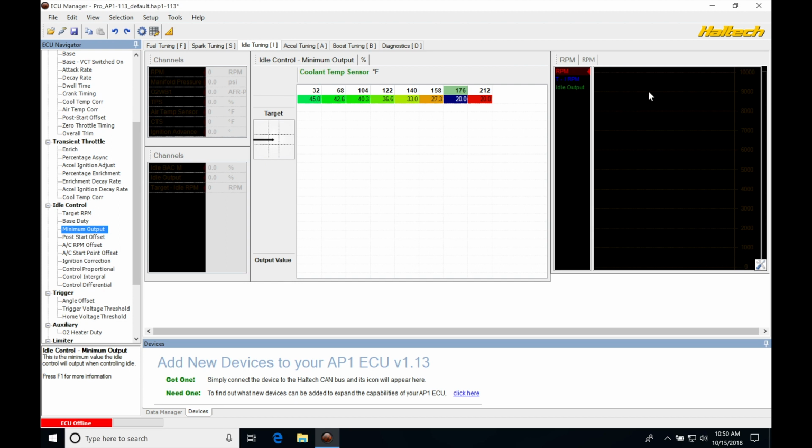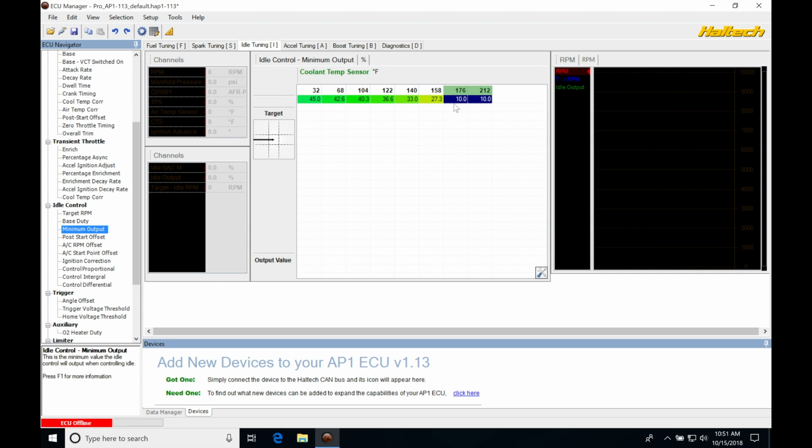Then our target might be something like 850, but we might see that our engine RPM is something like 950. And that's going to mean that we need to lower this minimum output. We might have to lower it down to something like 10% to allow the PID control to have more of a range of adjustment, and allow the duty cycle idle output control to go down to this lower capped amount. So it's going to give us more control range. And what that's really going to mean is that if we see that situation occur where it's hitting essentially this minimum output, and we're at a particular target engine RPM and our RPM is higher than that,